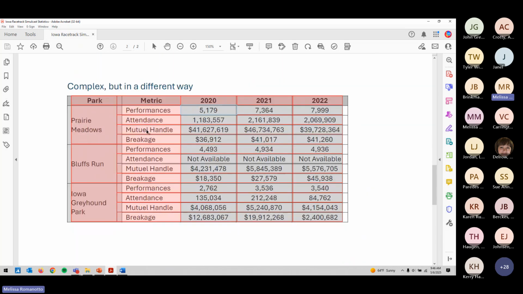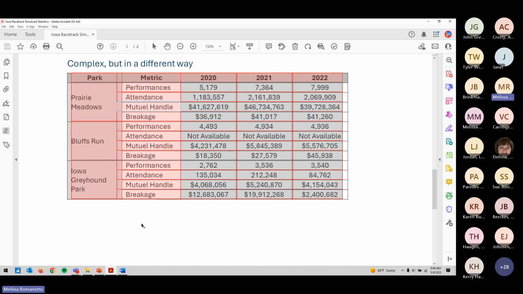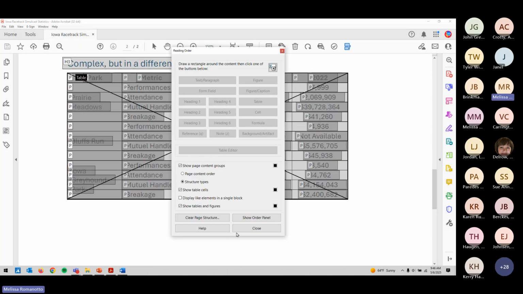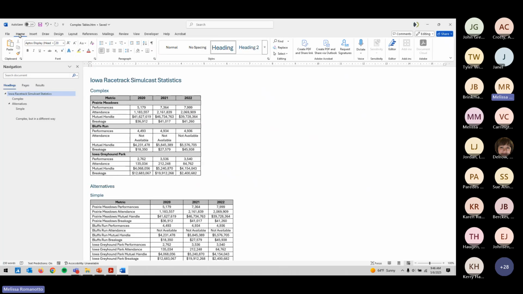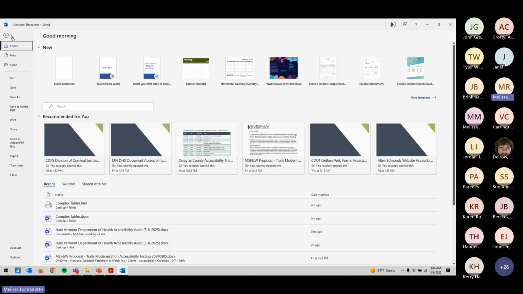So there is a way to make complex tables work in PDF without having to do a lot of extra work, but it's really about the way the table is designed. So you might have to change the way your table is designed in order to get that easy step. Just like you might choose to simplify it, or you might choose to change the way that it's complex. And let me give you